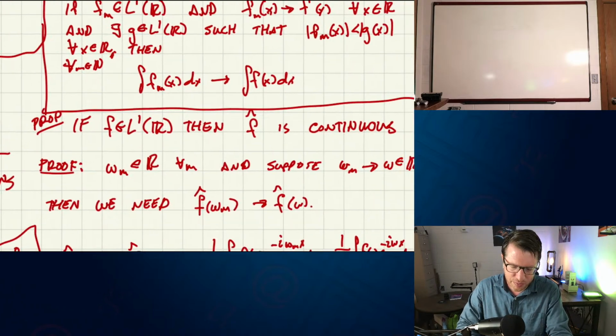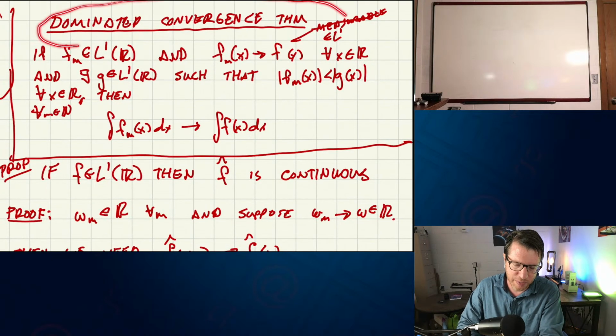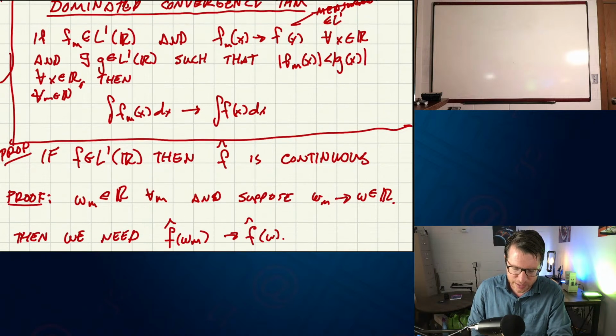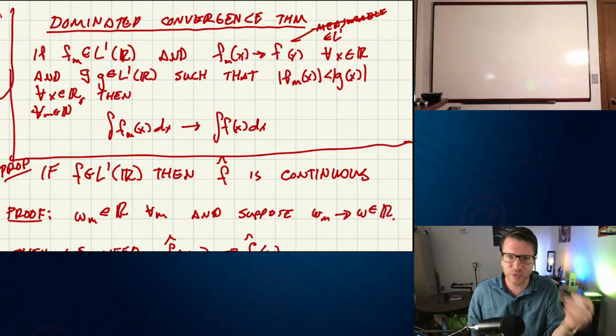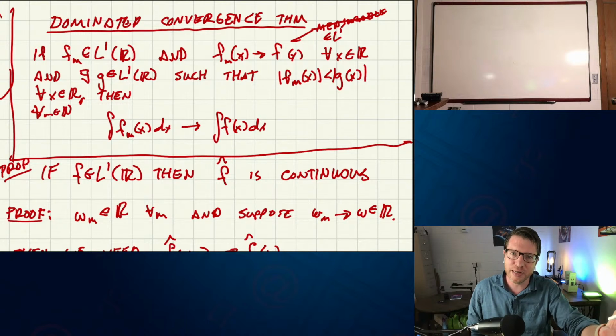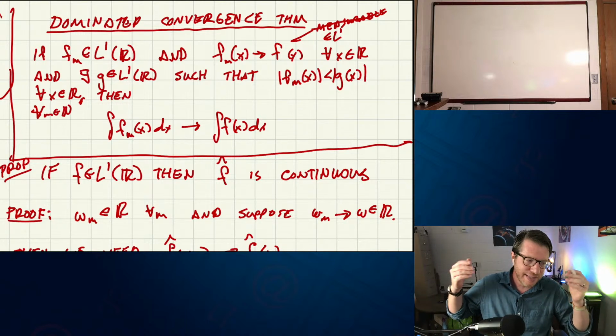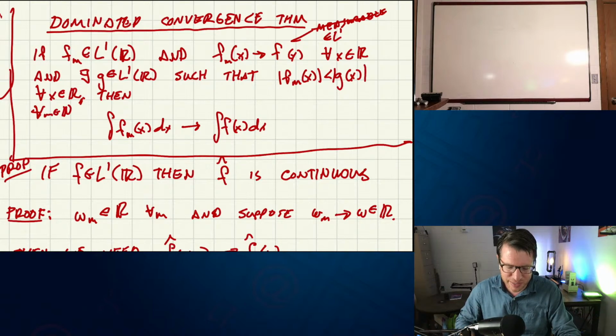And for continuity, we have the dominated convergence theorem coming in to help us, where we are trying to exploit the fact that the exponential function in the definition is continuous, and we want to use the limiting property that we get from that continuity. To do that, we make up a sequence of functions that depend on that continuity, and then we pass that limit through the integral, and then just say, okay, the exponential function is continuous. Once we get the limit all the way through the integral, then ta-da, we win. And so that's really what we're trying to do.